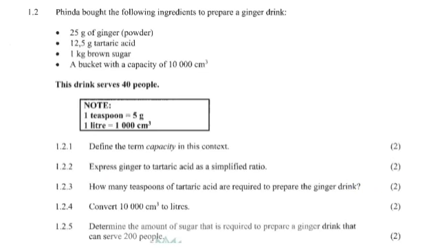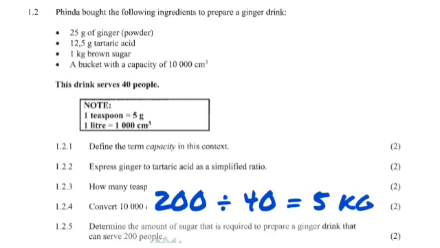In 1.2.5, it says determine the amount of sugar that is required to prepare a ginger drink that can serve 200 people. Now, the recipe that we have here can only serve 40 people, and for that, the sugar we need is 1 kg. So if we need 1 kg for 40 people, how many are we going to need for 200 people? You simply take the 200, divide by 40,